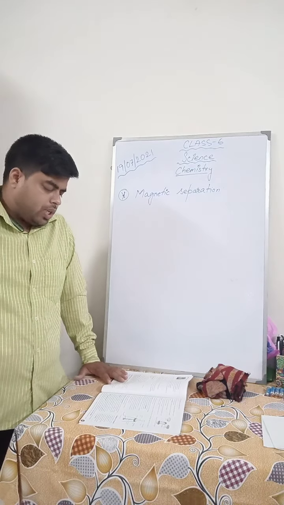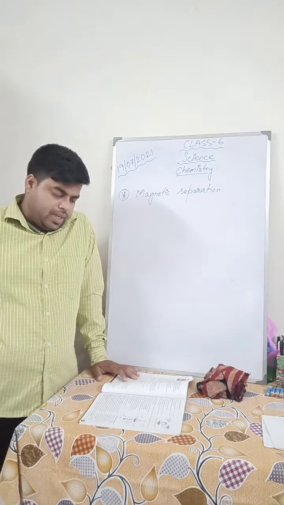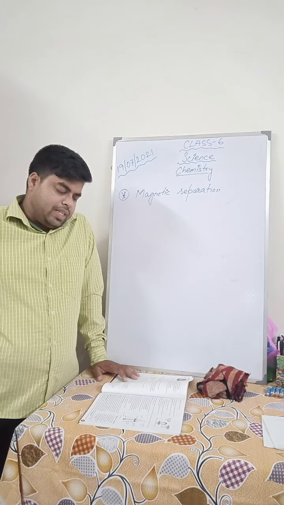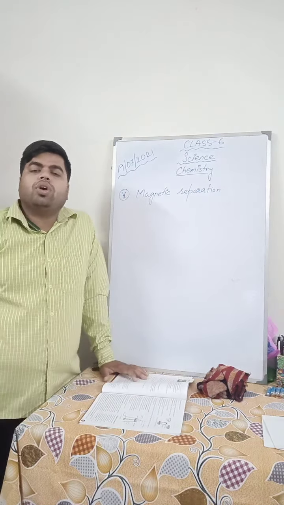This method is used in industries to remove scrap. As I have already told you, scrap means waste material. Iron is removed from a garbage heap, meaning a huge quantity of garbage, with the help of a large magnet fitted to a crane, attached to a crane.